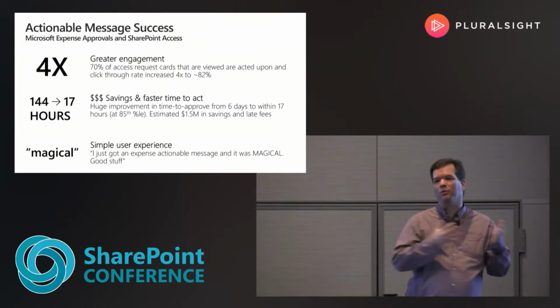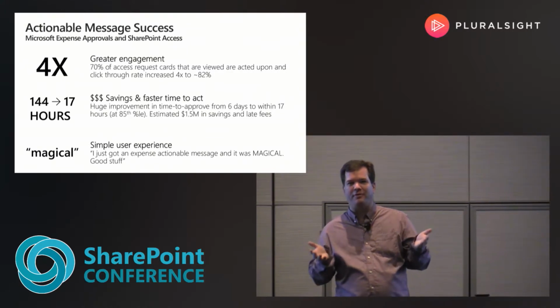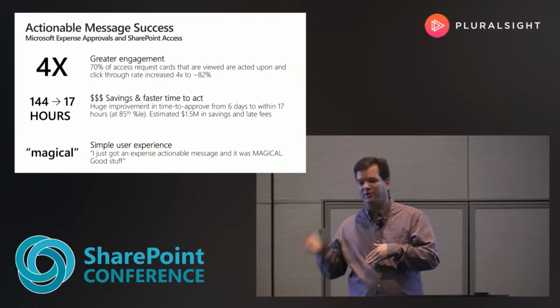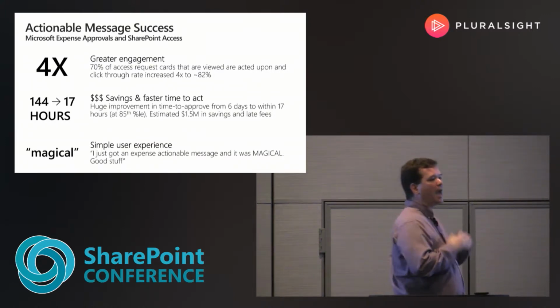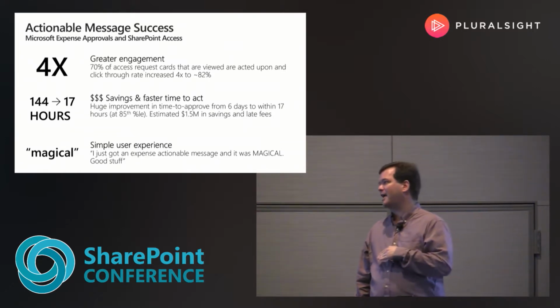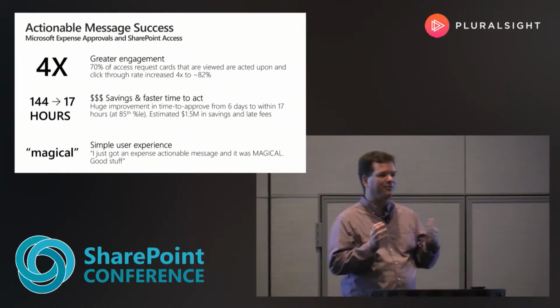And we actually found that the approval time went from 144 hours on average for an expense report. So that's what, like 6 days, essentially. That sort of decreased it to just 17 hours. So now expense approvals, on average, we're going from 6 days to about 17 hours. In fact, it was so successful that we actually stopped the pilot because the compliance folks came in and said,